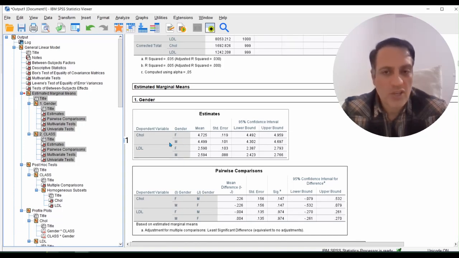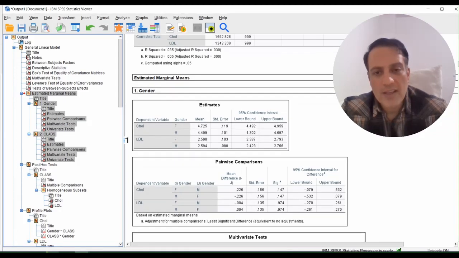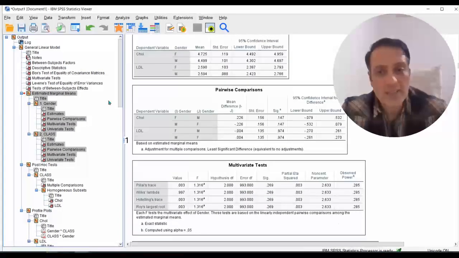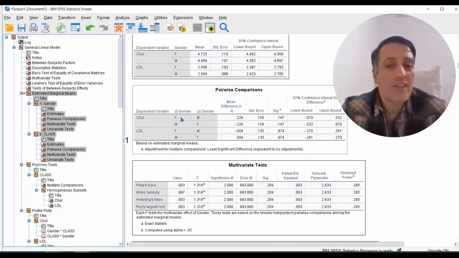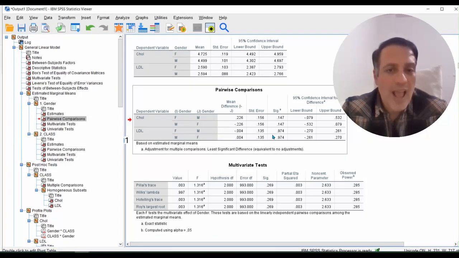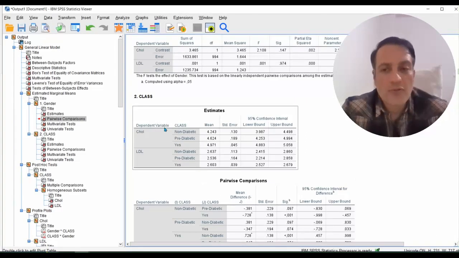For example, here we see gender and pairwise comparisons for cholesterol and LDL given gender. We see that there isn't any difference between male and female cholesterol and also male and female LDL. And finally, for class